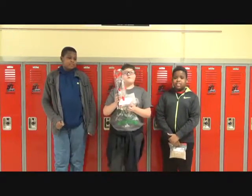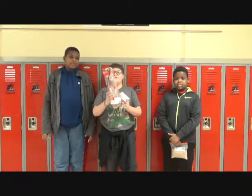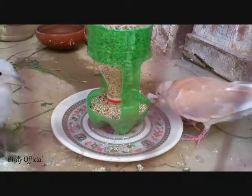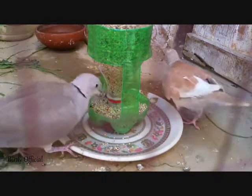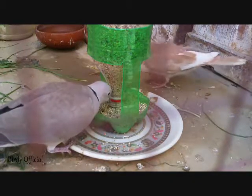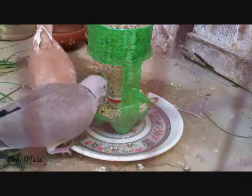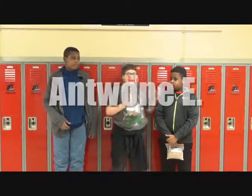Littlefield class in Wilbur Middle School, 4th hour. This is the bird feeder. This was made by my classmates Antoine,